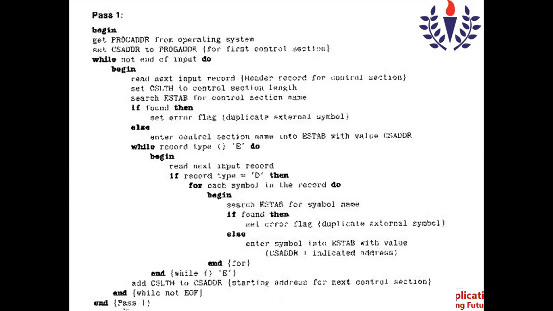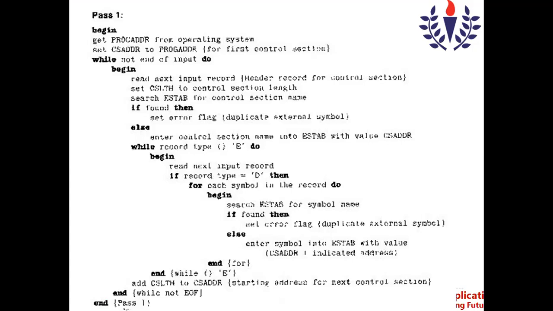Consider program A. There are two symbols we have seen already in the program. I have given you three programs: program A, program B, and program C. In program A, we saw that two symbols are there, LISTA and NDA.